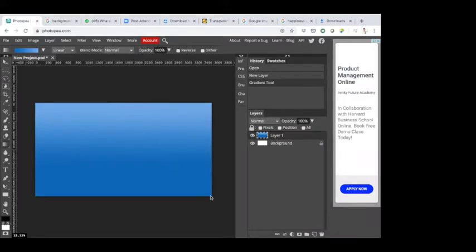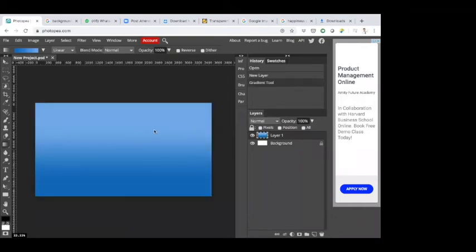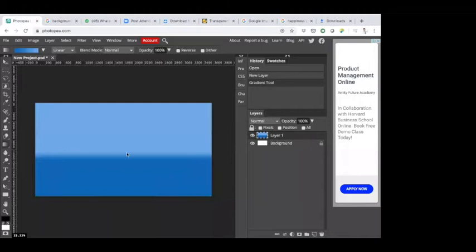It is dark blue at the bottom, and light blue at the top. If you are not happy with the result, you can always click Control Z and maybe redo this. If I draw only a small line, then it's a hard cut. The layers of the colors are not very smooth.